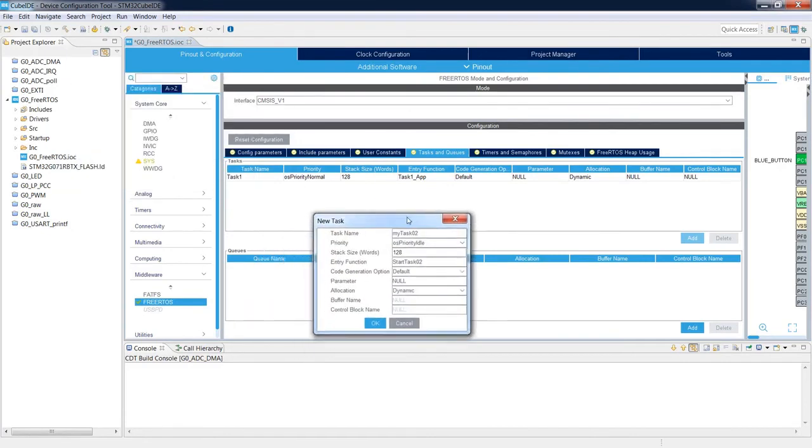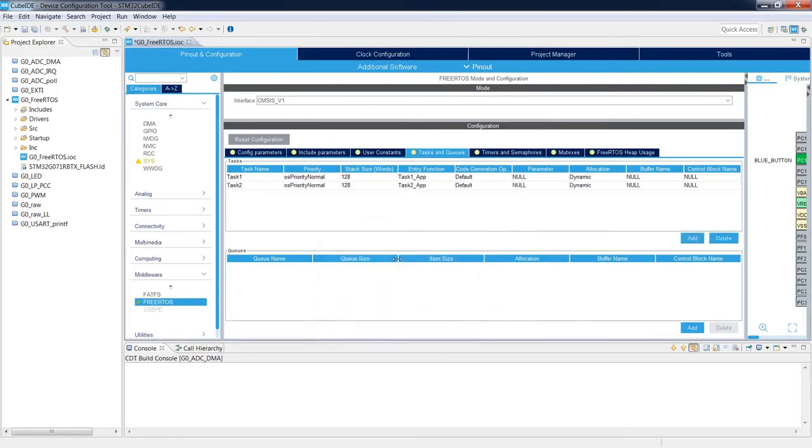And again, I've got a new task, so I change the name to Task 2, priority normal. Stack size the same, without change, 128 words. And the function would be Task2_App. And OK. We've got 2 tasks defined with the same priority, with different functions which would be called during their execution. So this is point number 1.